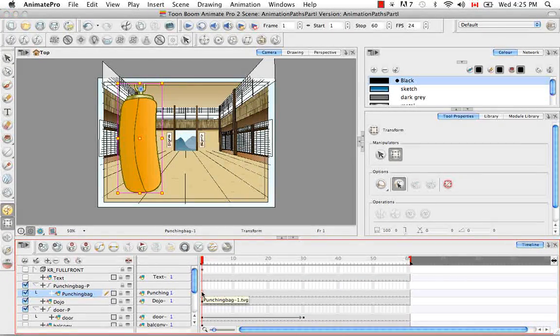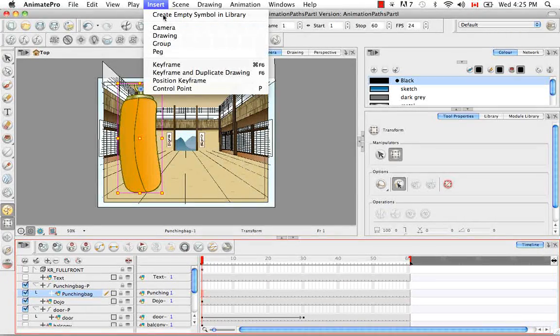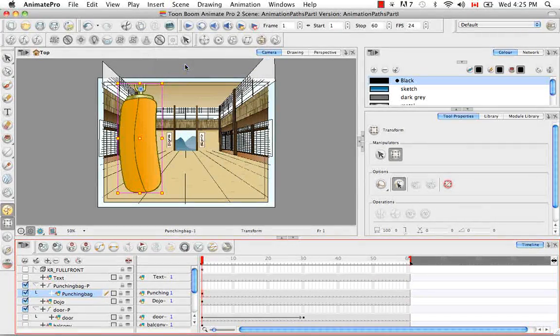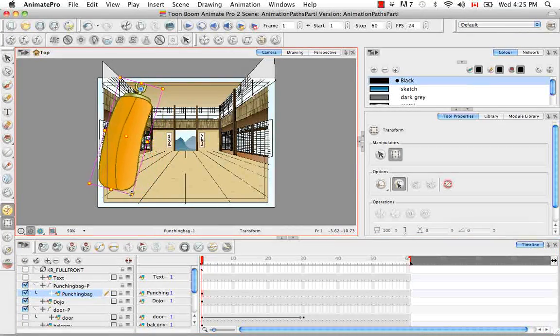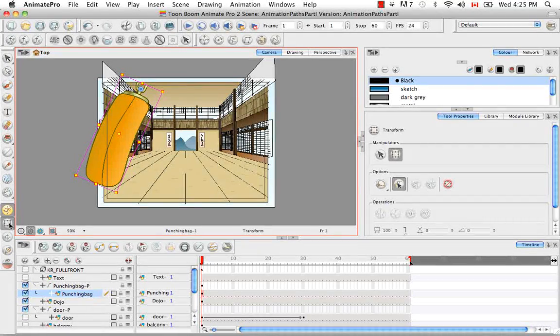So the first way that you can insert a keyframe is by going to the top menu and selecting Insert Keyframe. Then let's make a slight movement by rotating the corner of the bounding box using the transform tool with the Animate mode on. Then if you take the red playhead and drag it down to around frame 10, we can